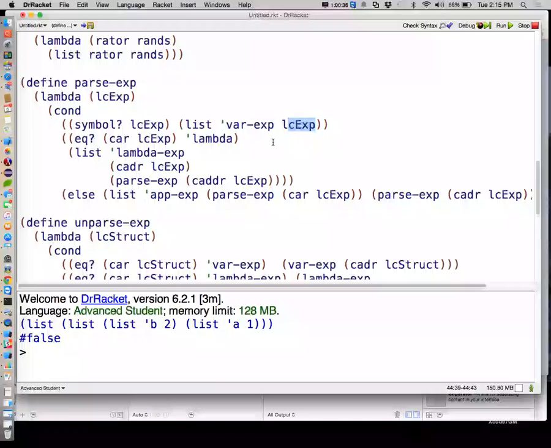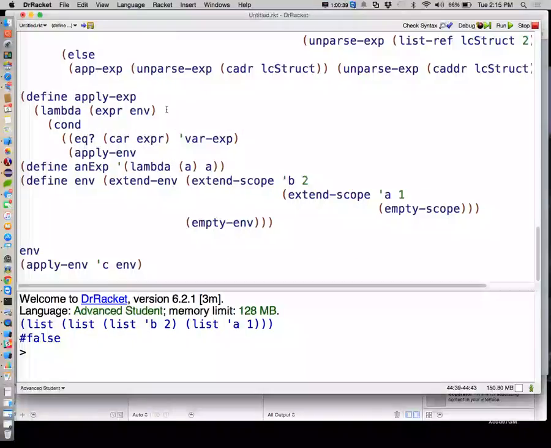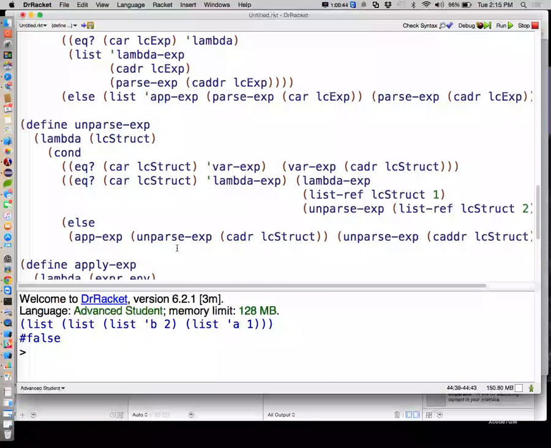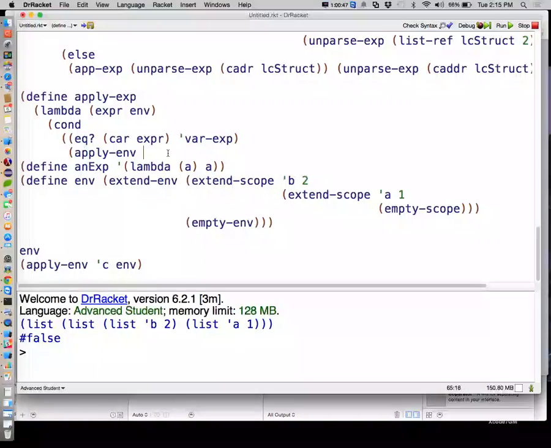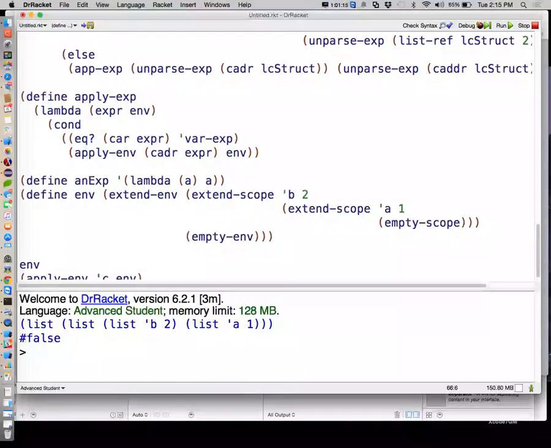Var expression, variable name. So this guy will take in, where am I? I'm lost. Scroll, just keep scrolling until you find it. All right, there we go. Found it. So I'm going to take in the cadr of expr along with the environment I want to look it up in. And this guy should boil down to, for right now, let's just assume any variables we use are in existence. So if I'm looking at a var expression, boil down to the value of that var expression. Otherwise,